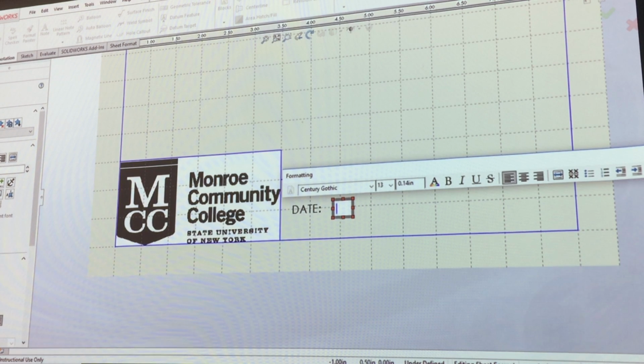So let's say I want it to be the date. So I don't want to link to a hyperlink. Let's say I want